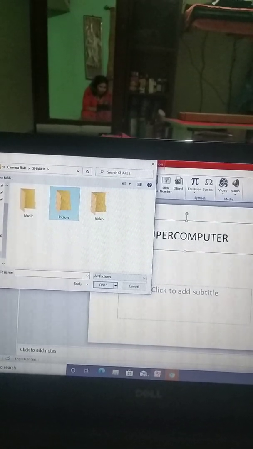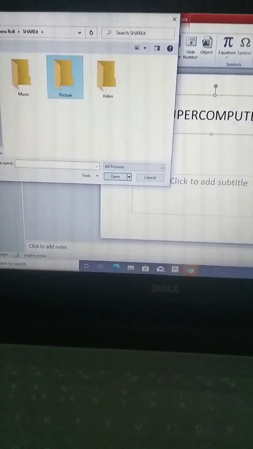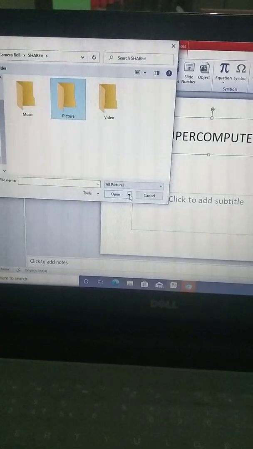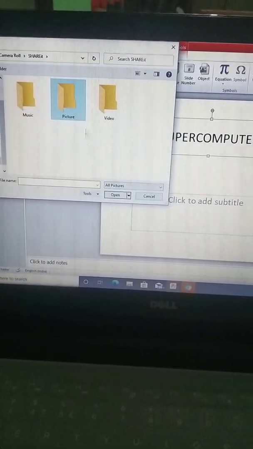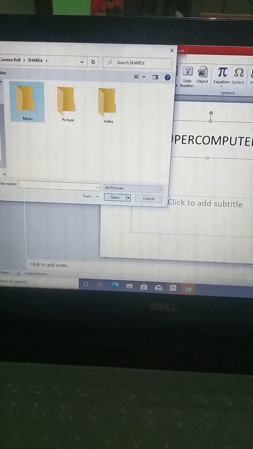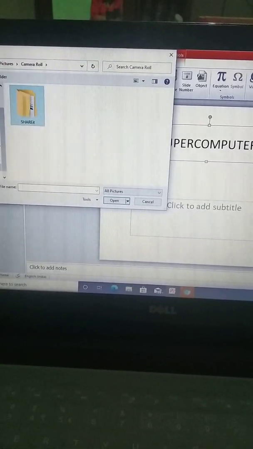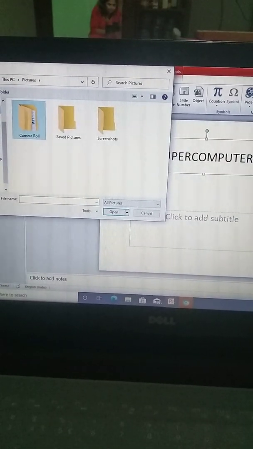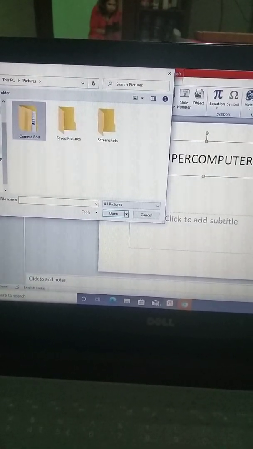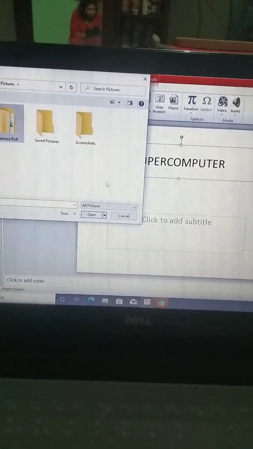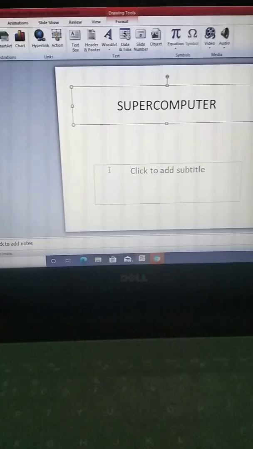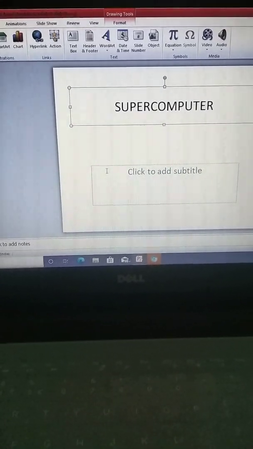Okay, there is no picture. So, okay. So, from here you can select the pictures also, if there will be any picture. Okay children, now after this, from here you can insert the picture also, like this only.